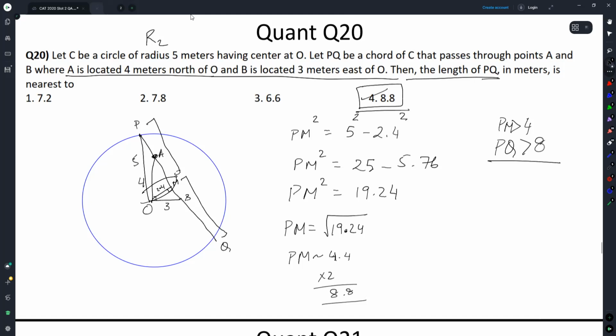The entire game boils down to, can you see this 2.4? Once you see this 2.4, it will open up. Until you see this 2.4, it will not. Most likely in CAT, what I would have done is I would have found out the precise square root of 19.24 and then seen whatever would have happened. That would have been an error, but that is what I would have done. Definitely. Okay. Maybe move.